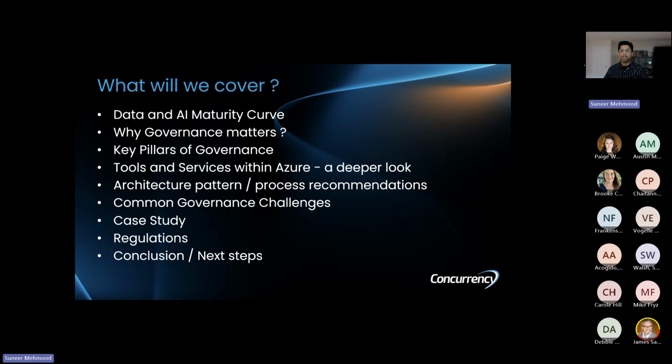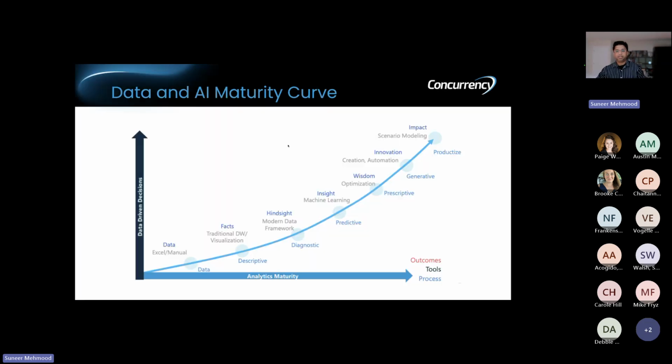We'll talk a little bit about the data and AI maturity curve, why governance matters, the key pillars of data and AI governance, tools and services within Azure, a little bit of a deeper look into that, some architectural patterns, process recommendations, and common governance challenges, some case studies, in fact, one case study, some current and upcoming regulations, and then we'll conclude and move on to Q&A. I hope everybody is okay with that agenda.